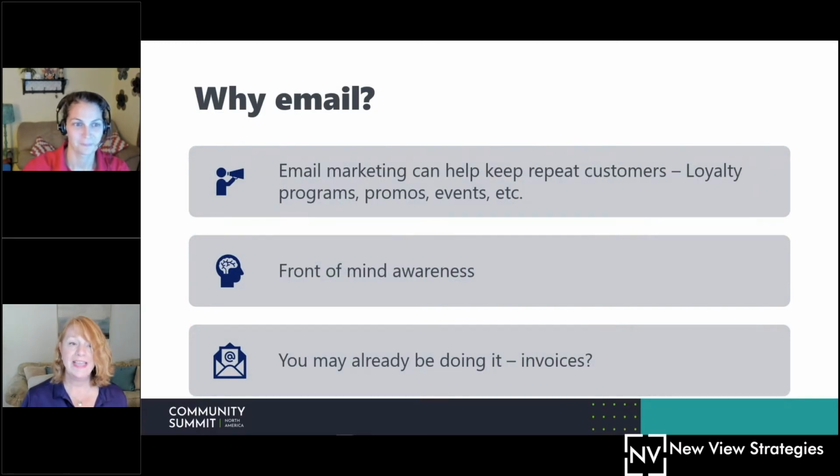So why email? Well, first of all, it's cheap, right? We don't have to pay for envelopes and stamps. And it allows us to keep front of mind awareness. Kind of a silly analogy, but I was watching football earlier in the week here, and Cynthia, you